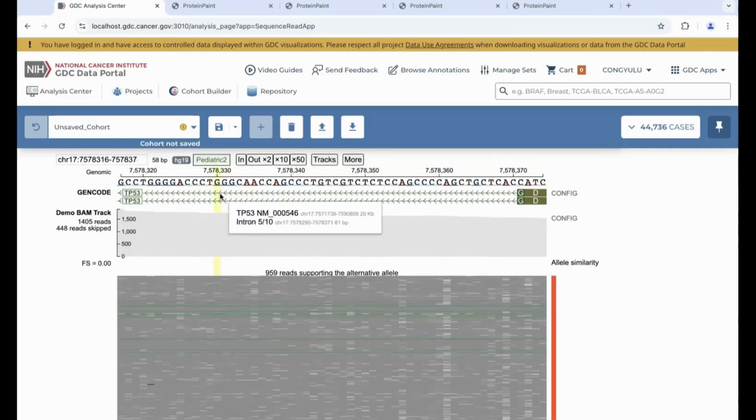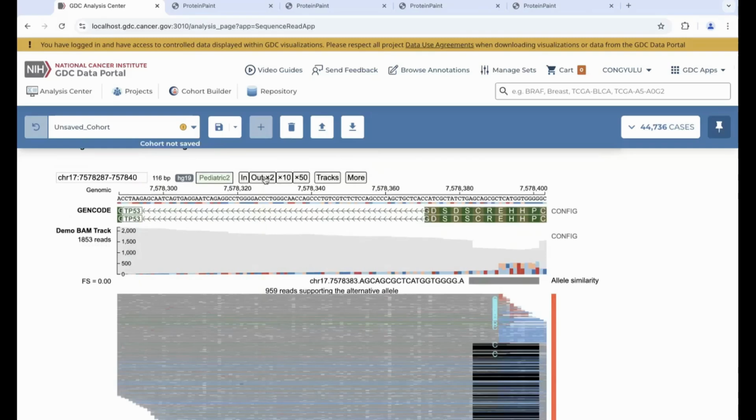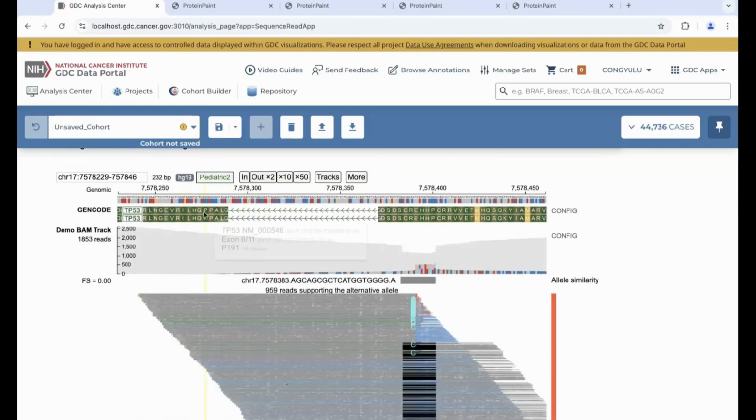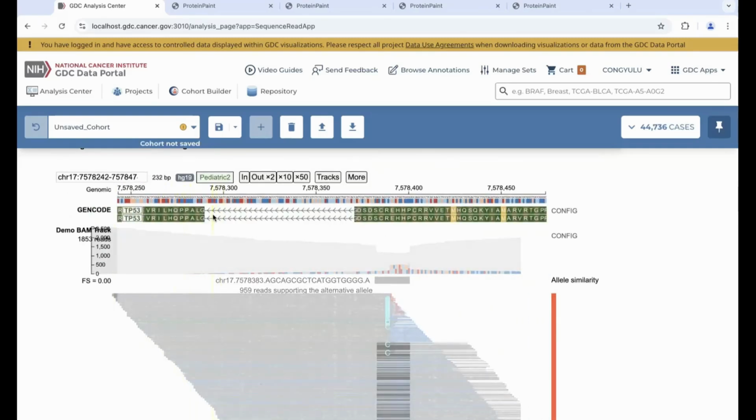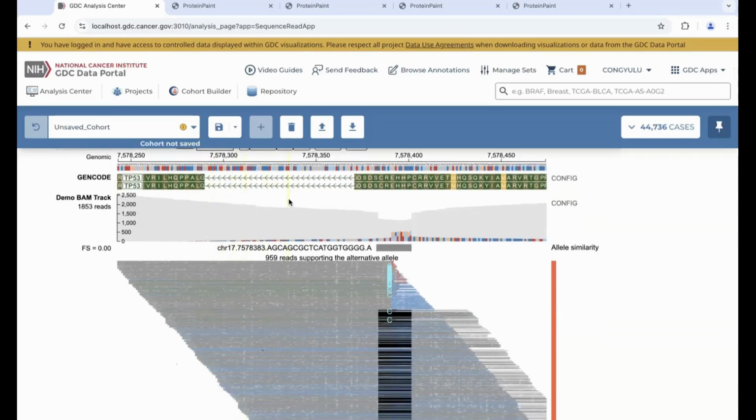And below this toolbar is the reference genome. So if we were zoomed out, we probably won't be able to see the sequence in this reference genome. So now we are zoomed in, so we'll be able to see the sequence. Let me zoom out. And below this reference genome sequence is the gene model track from GENCODE, and below which we have a pile-up plot, which